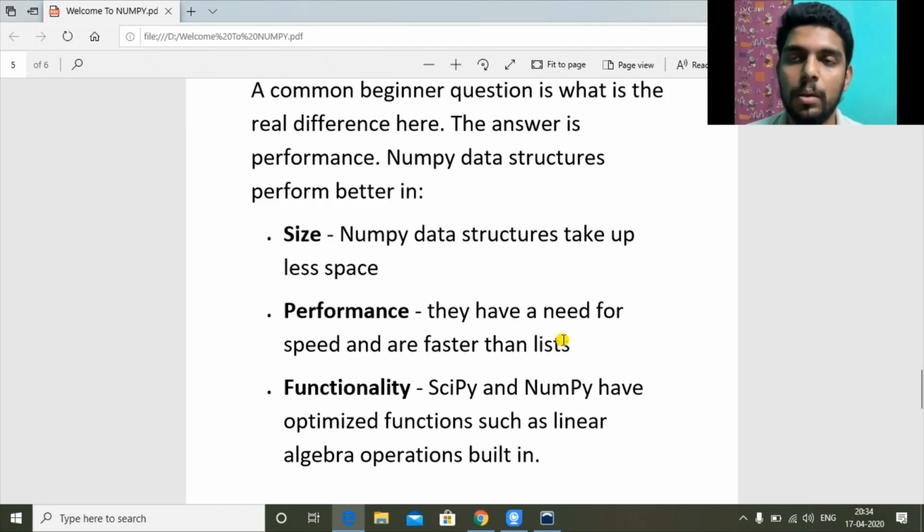elements later on with a NumPy array. When creating a NumPy array, say you had 3 elements initially, now you cannot add more. That flexibility you don't have, but you have it in a list. So that's why a list takes up more size and is convenient to work with if you're managing data. But if you know what data you want to work with, you have all that data in the beginning and you want to perform operations, then you use NumPy arrays for that.